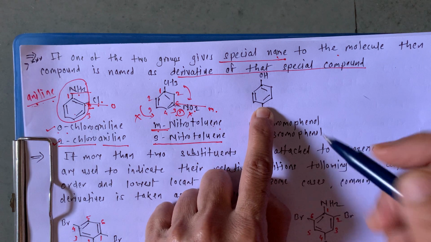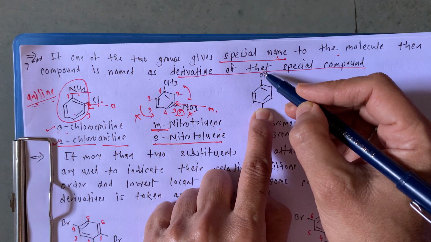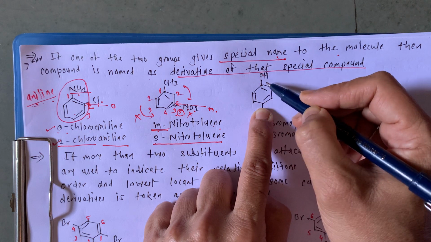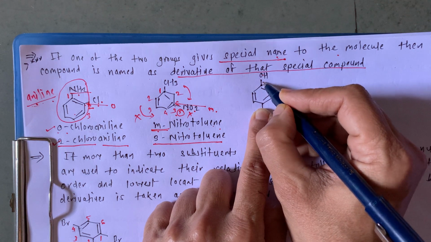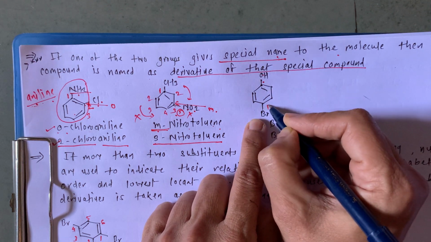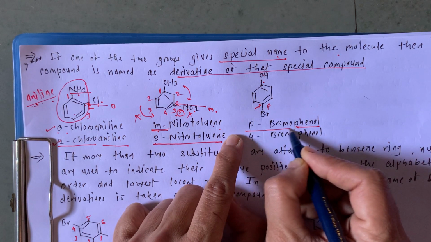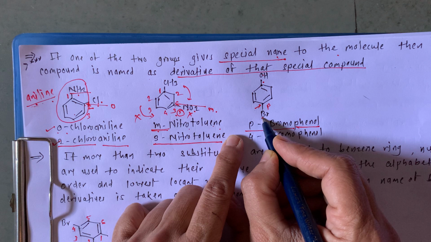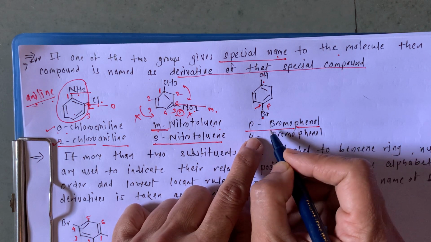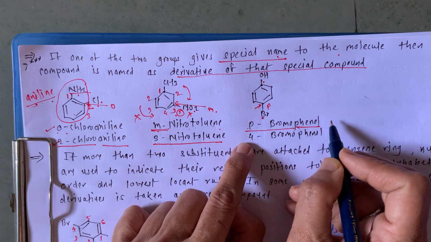What is this? This is our phenol, very common phenol. Benzene ring, there is OH attached, so this is our phenol. Common name with respect to this position is the para position. This position is the para. So this is para-bromophenol, and the functional halogen is bromine. So when we are writing as a prefix, this is bromo, para-bromophenol.